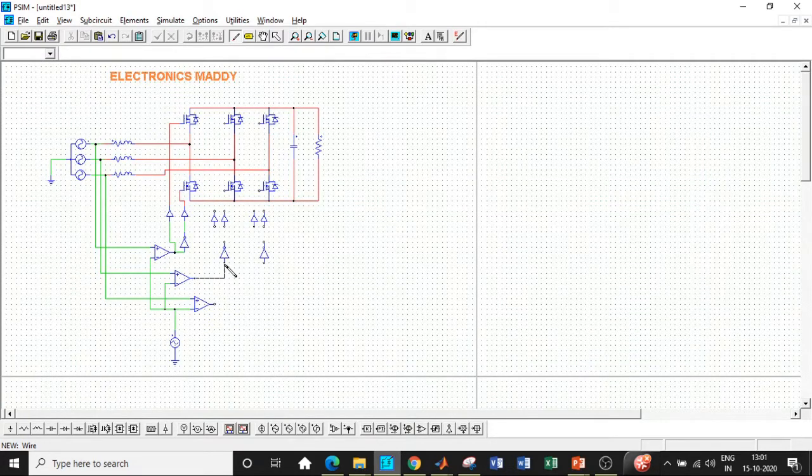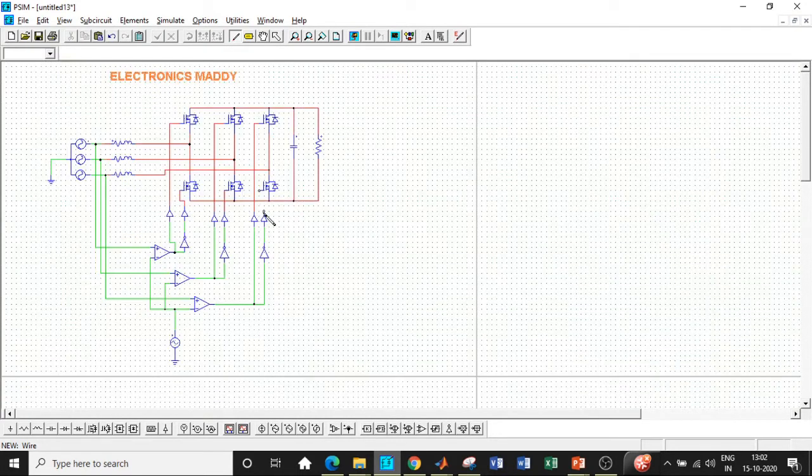Once that is done, now I'll be giving it to this particular point, and I'll be taking the tapping from this, the switches pattern, the switching action. Based on the switching action, the pulses that are obtained from this comparator should be given to the second leg of the switches that are there. So I'm giving it in this particular fashion. Again, I will be giving it to the next leg of the switches that are there. I'll give one directly to the MOSFET switch and one through a NOT gate.